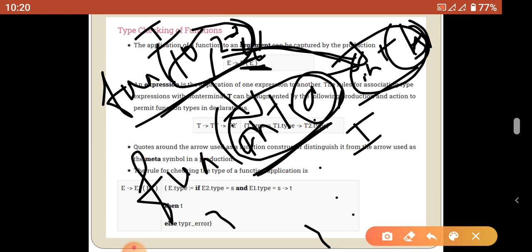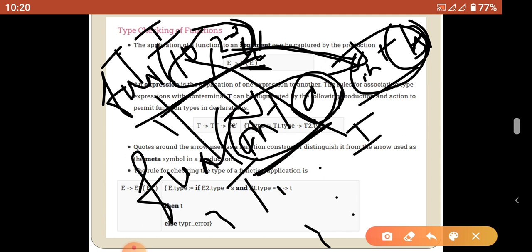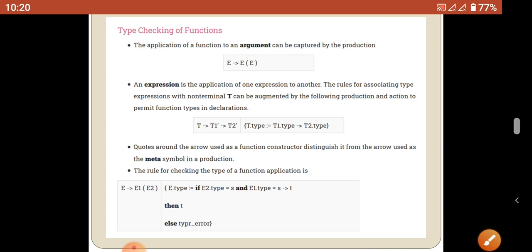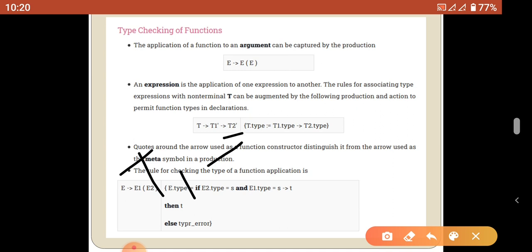So from the function call to the function definition, that means I to I. Based on the data type of the function call, the receiving parameter should be the same data type. This is called the domain. That means here there is a data type T. T1 tends to T2, where T1 means in the function call and T2 means in the function definition. So data type T1 tends to T2 in the function call.